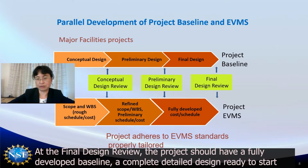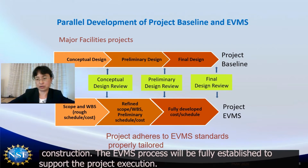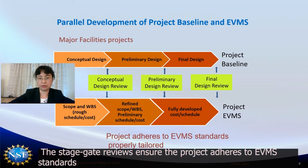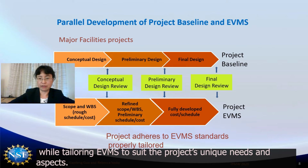And the final design review, the project should have a fully developed baseline, a complete detailed design, ready to start construction. The EVMS process will be fully established to support the project construction execution. This development process allows the EVMS to be established coherently with the project baseline development. The stage gate reviews ensure the project adheres to EVM standards while tailoring EVMS to suit the project's unique needs